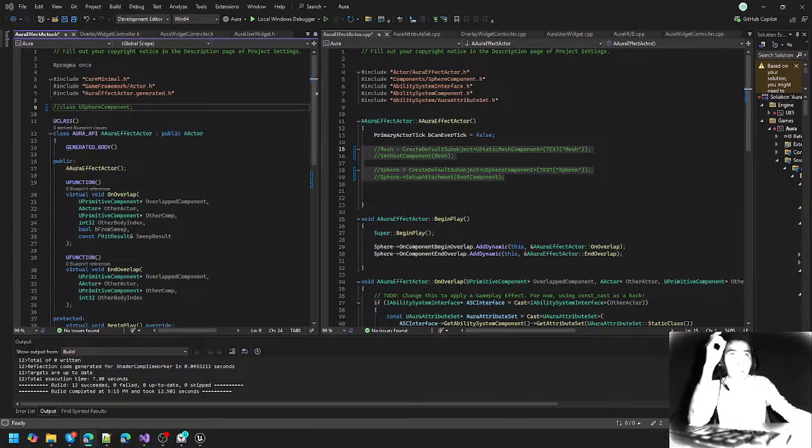In fact, most of these headers aren't being used anymore. Now, why did I do that? Well, I'd like to still have functionality here in C++, but I'd like to give the designer side some control over how this actor works. I'd like to make this actor really flexible and easily configurable on the blueprint side. So if we want to add a mesh or a